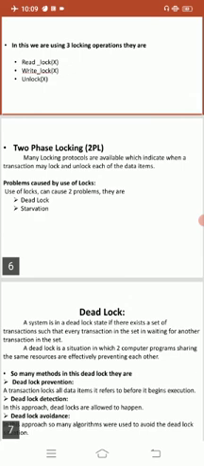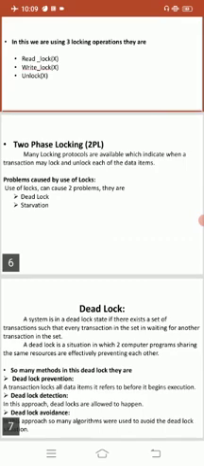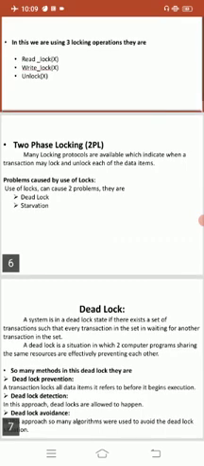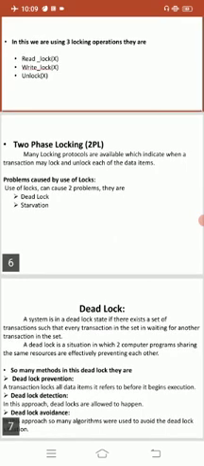So it has three methods. One is deadlock prevention, then deadlock detection, and deadlock avoidance. Deadlock occurs when each transaction T in a set of two or more transactions is waiting for some item that is locked by some other transaction T in the set. Fine. So deadlock prevention protocols are there: wait die scheme, wound wait scheme. So many waiting schemes are there, along with deadlock detection and timeouts.